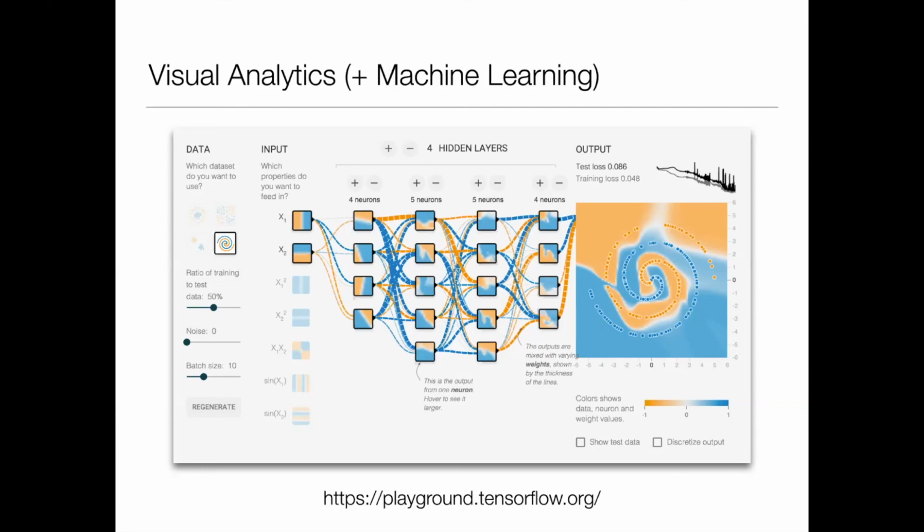Still, it's interesting to notice that, while you can definitely play with the parameters and see a preview of the results, the next step is not always, or very rarely, obvious. If there's something I want to improve about this, I don't know exactly what I should do. I don't know if I should add a new hidden layer, or remove some neurons from some of the hidden layers, or change the connectivity patterns or something like this. I don't know, right?